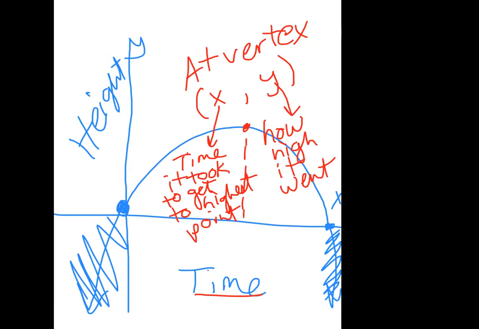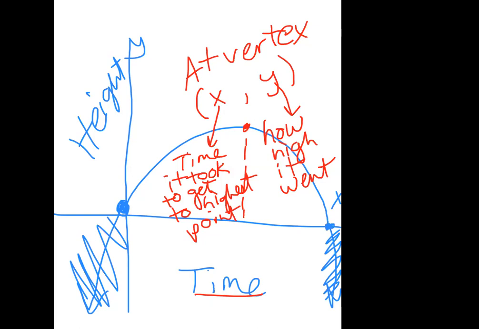And you guys already know how to find the vertex, hopefully. If you don't, maybe you go back. But it's negative b over 2a, if your equation is in standard form, which almost all of these are going to be. So we'll be doing negative b over 2a and then plugging that value back into the function to figure out what the y coordinate is. Once you have those two, you have the answer to both of those questions.